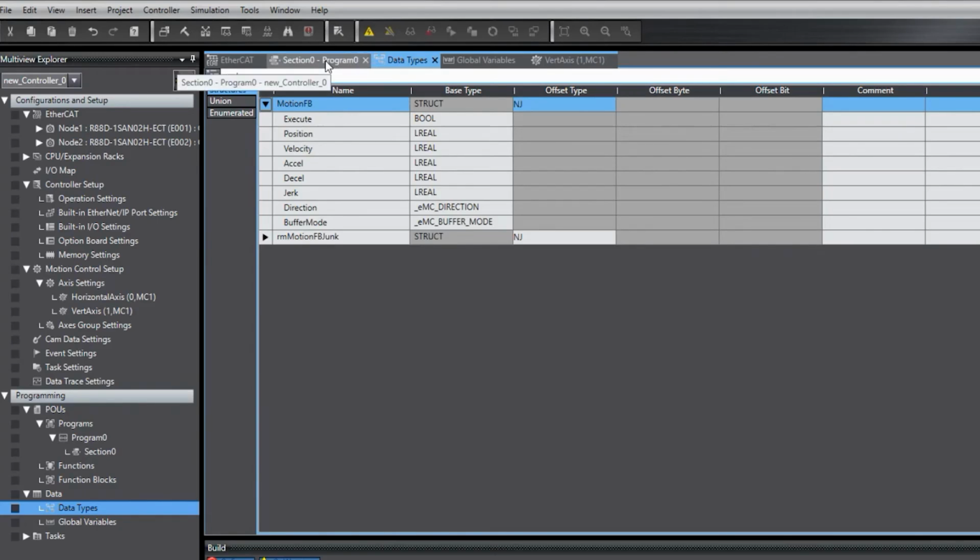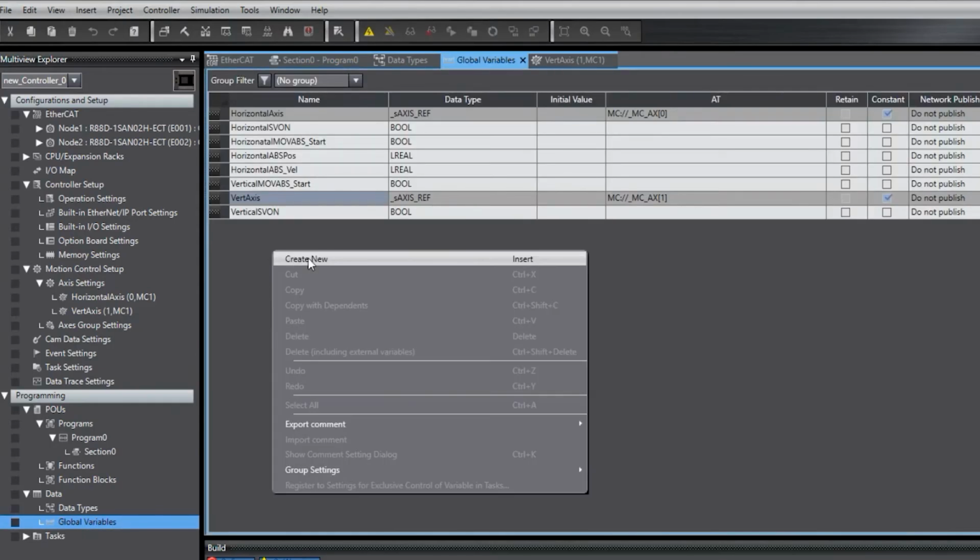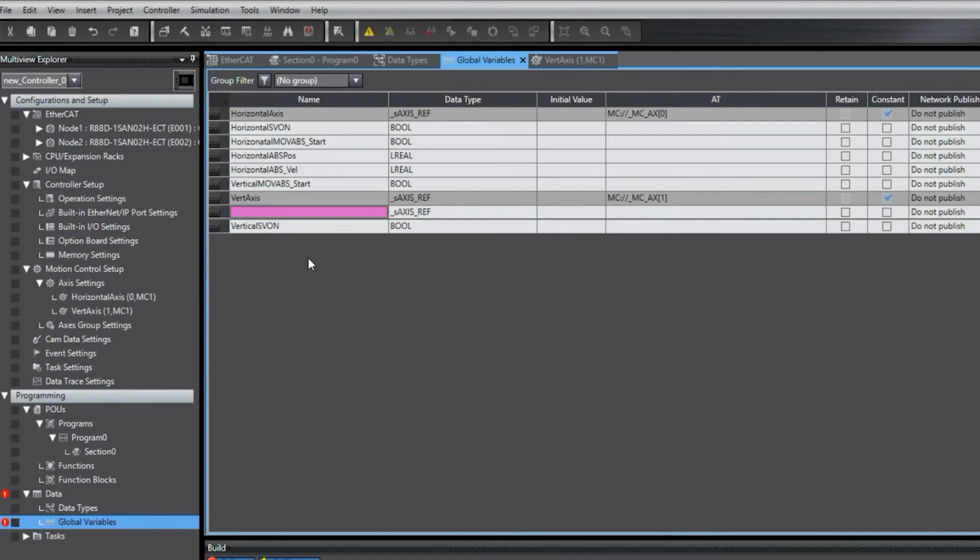I'll just go over here to the program again. What I want to do is go to the global variables. I'll create a new variable called, let's call it vertical, and sorry if my spelling's off, vertical FB bits, just for fun. And then in here, the data type I want to select is, if I start typing, see my data type comes up now. It starts with M, motion FB data type. So I'll select that as my data type for this one,